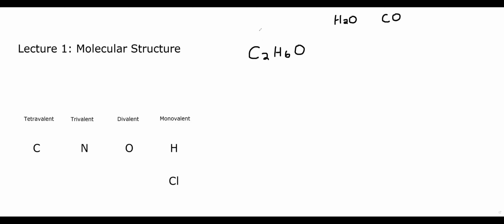Okay. Now this is our first organic molecule that we're looking at, C2H6O. And so what does this mean? How do we draw a molecule from just these letters and numbers? Well, in order to do that, we need to sort of figure out what pieces of the puzzle we have. So let's go over here to where I have this section drawn out, and we are going to quickly